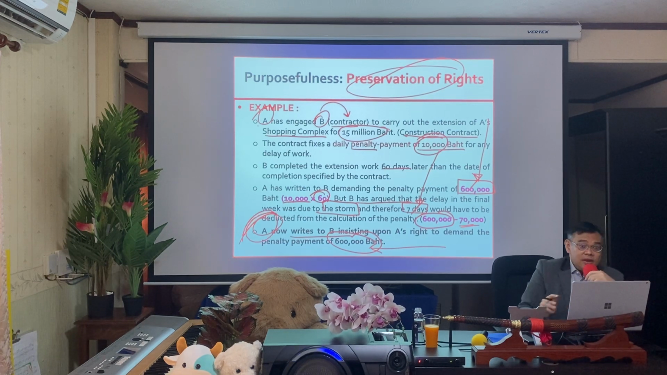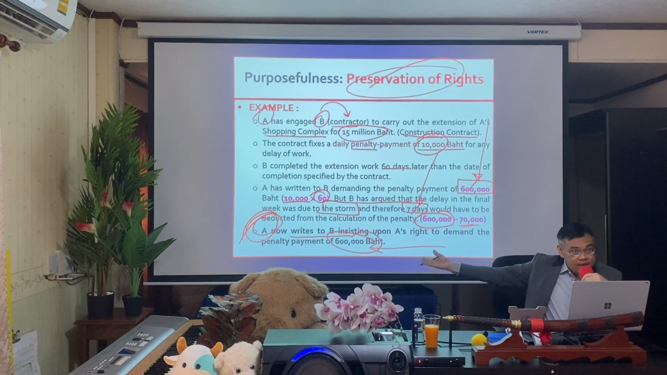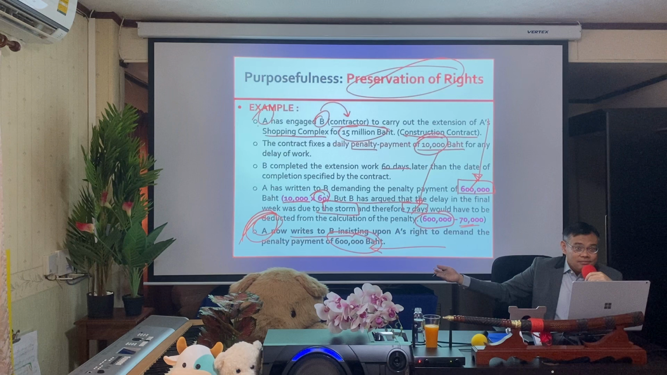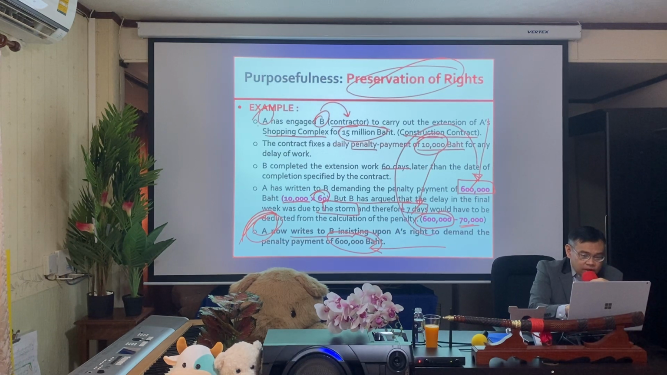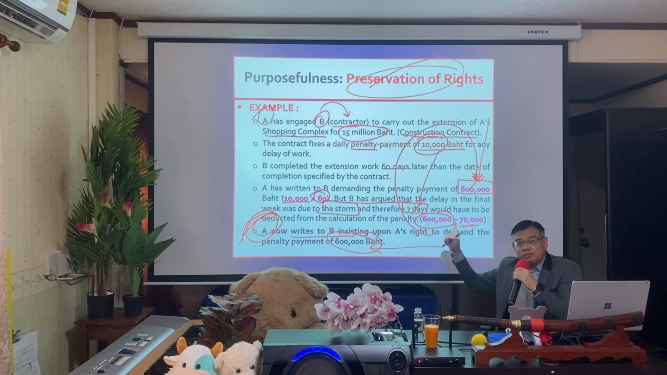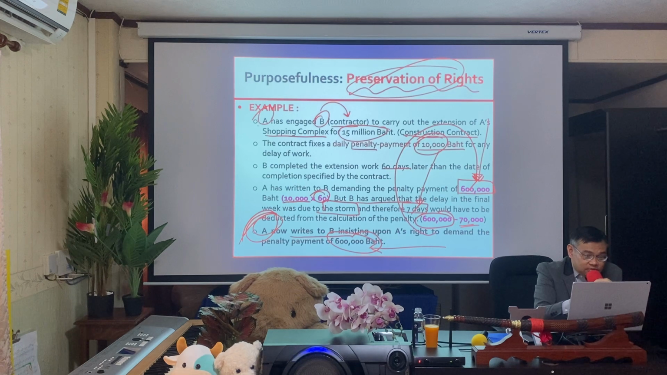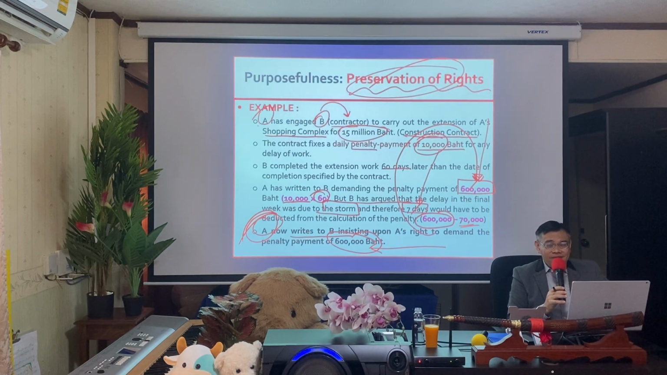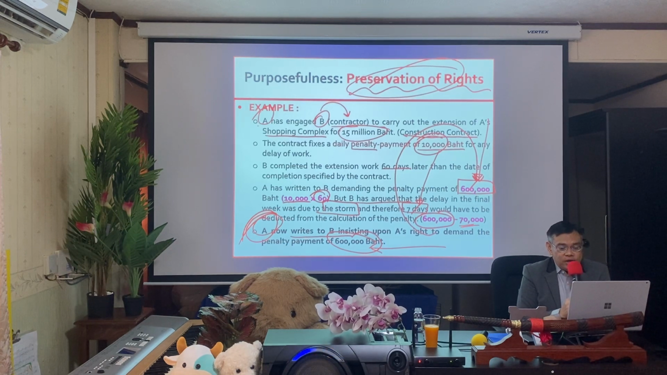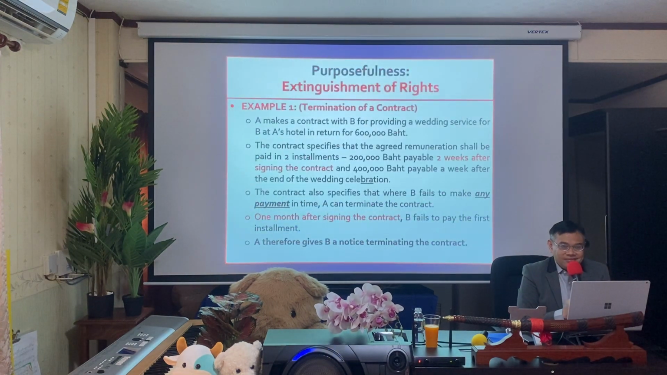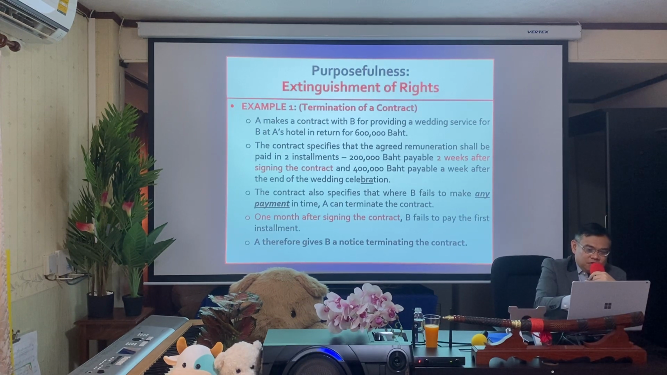So when A does so, i.e. writing a letter to B, informing B that A wants B to pay the original sum of 600,000 baht, that is the juristic act made by A in order to preserve A's right. It is a juristic act made to establish legal relations between A and B in order to preserve A's rights. Okay. Now, we are going to go to the final purpose,